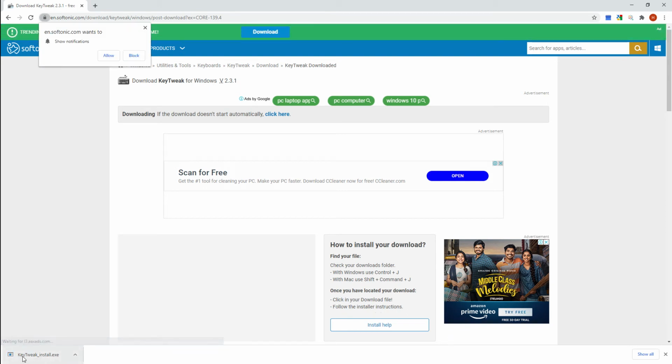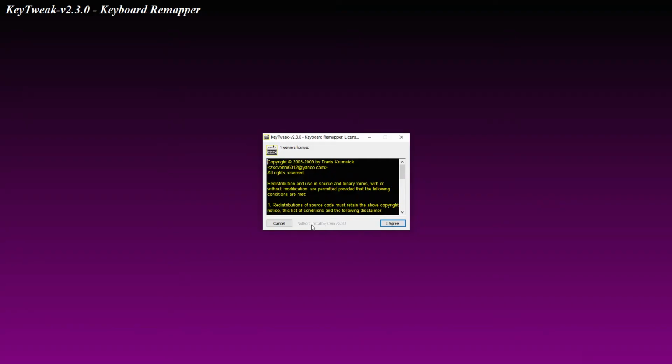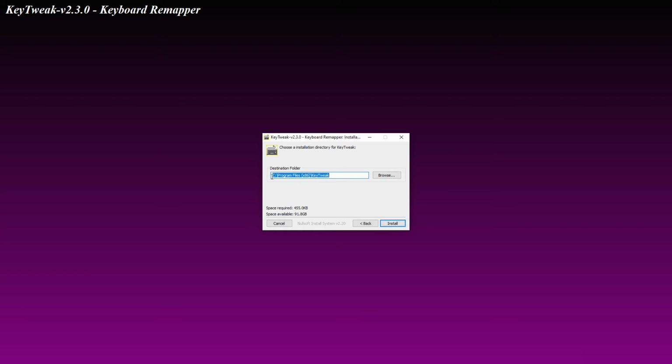Download is completed. Let me show it in folder. Show in folder. So now double click on it. Click on I agree to install this. Then click on install. Okay. Close it